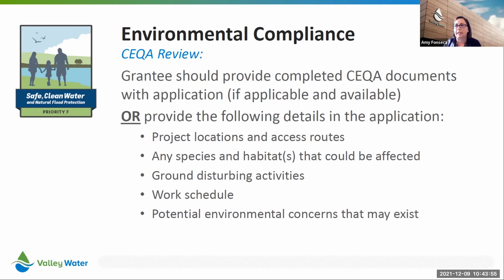So for our planners to make that determination and to provide speedy service, it's really important that you provide the information up front. You want to provide the project location and access routes, the species and habitat that could be affected, any ground disturbing activities, such as digging or planting, the work schedule, so like what season you're going to be out there, and then if you know of any potential environmental concerns that may exist. So provide as much detail as possible because you don't want to lose points or have us keep bugging you for more info. If you have CEQA completed,